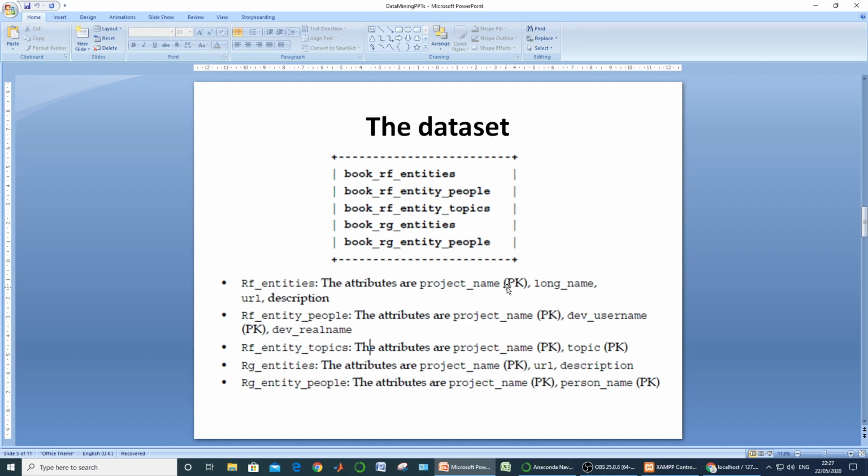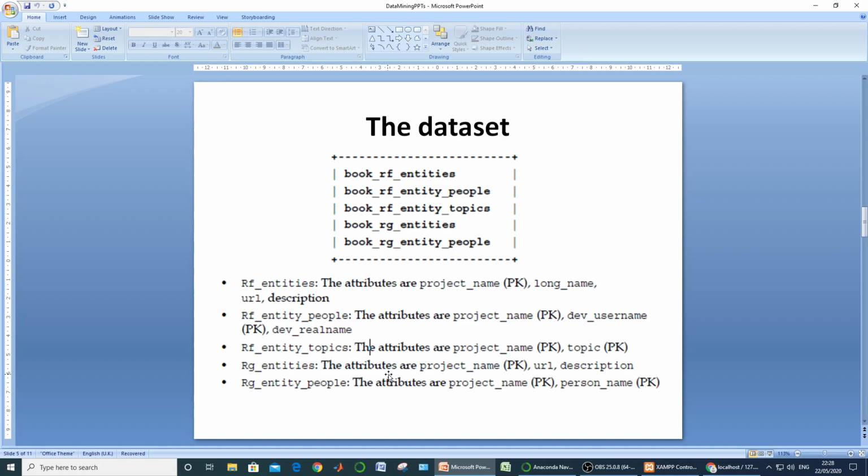So the first approach can be matching based upon their project names, and the second on the basis of their URLs. Match the URL of the RF table to the URL of the RG table. These are two probable matches which we should pursue to obtain certain raw information about probable overlapped projects.